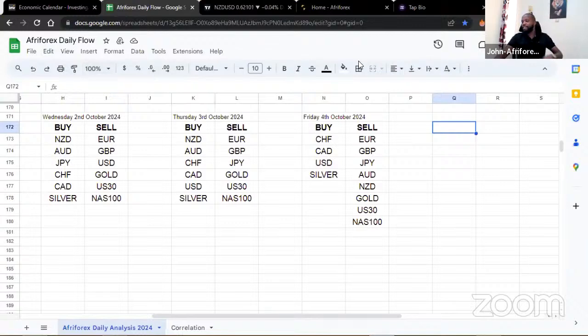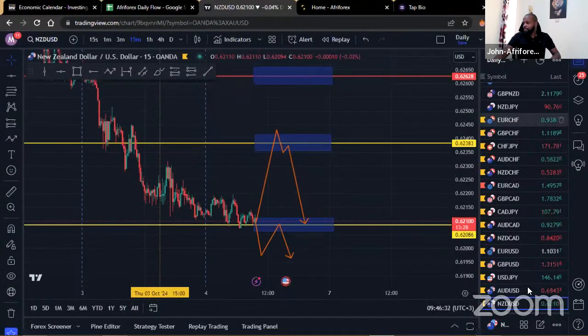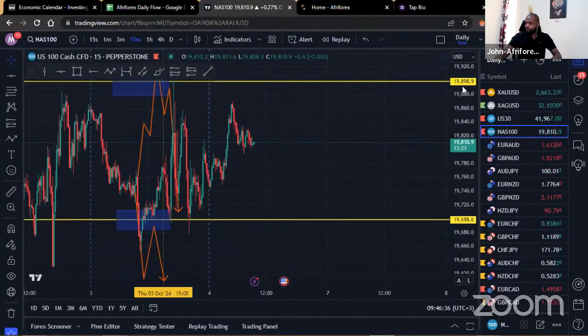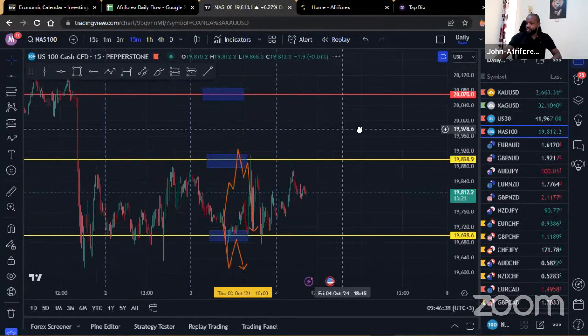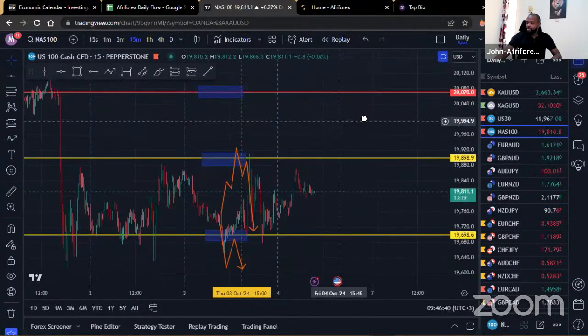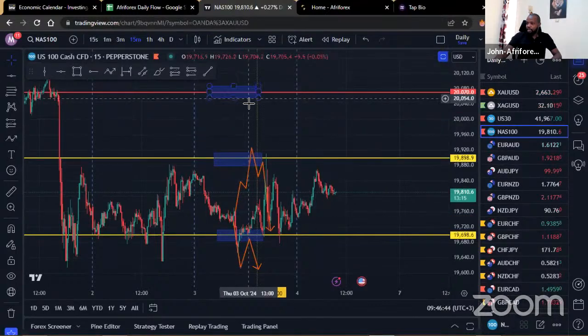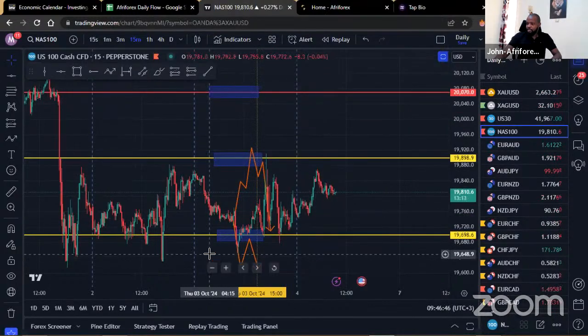So we can look at the indices and the commodities. You can see that there's no change on those ones. So we'll start off with the NAS 100. For this one, yesterday, the path was to try and see whether we could get sells. You can see the 3 areas right there that Mitch had pointed out: aggressive, conservative, semi-aggressive, conservative.